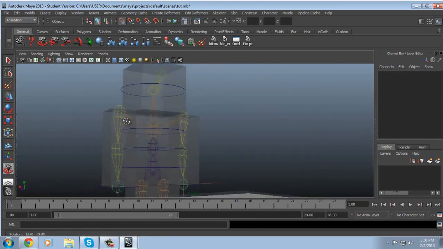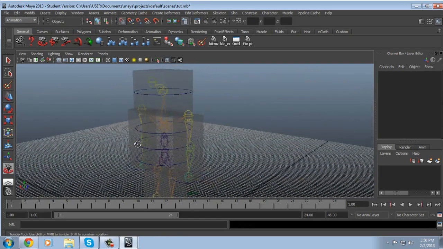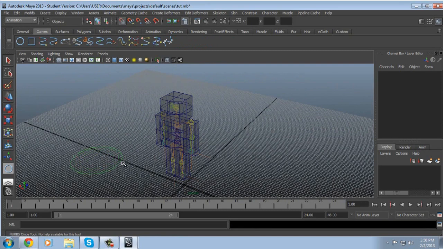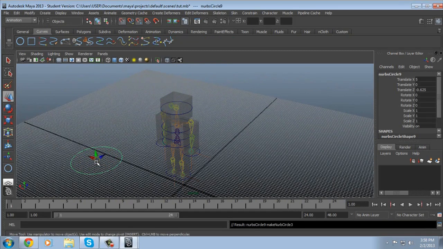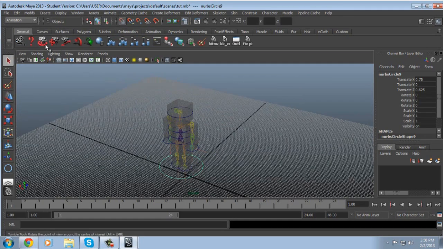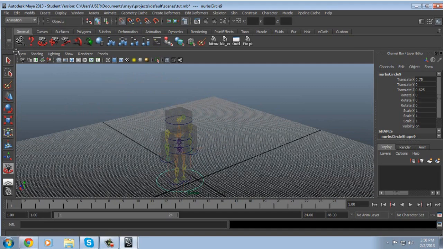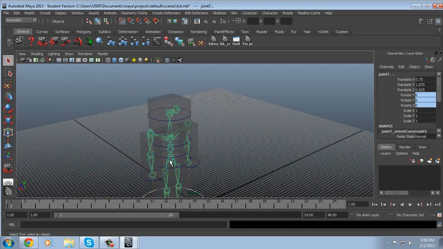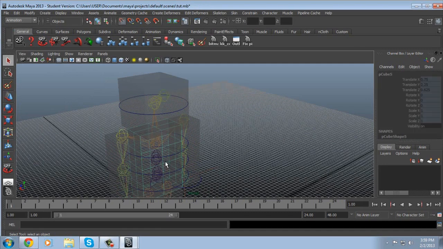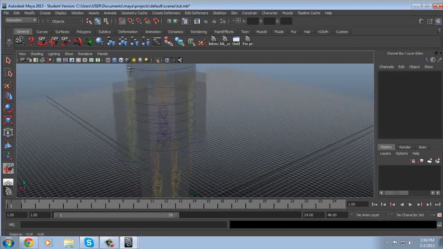So I believe everything I wanted to cover is pretty much done in this tutorial. There's only one last thing to do. Make a big circle for the whole rig. Do V. Put it right in the middle, right there. One thing you can do is select the middle, select the bottom ring,